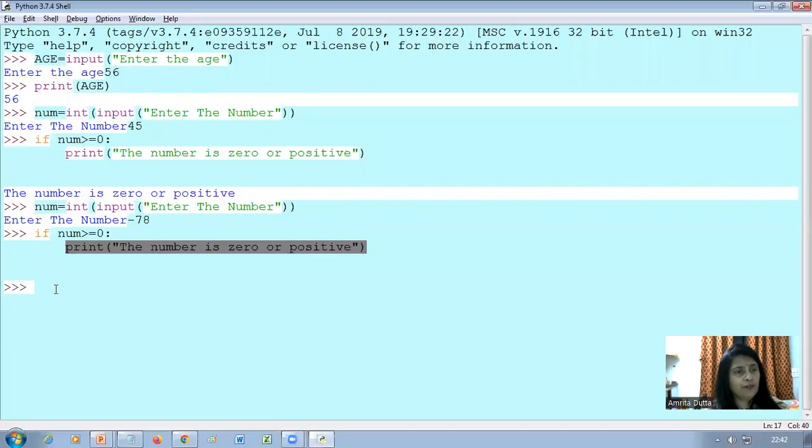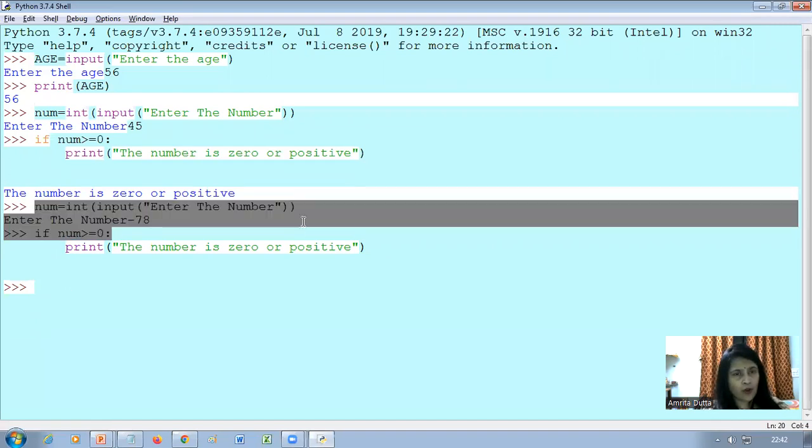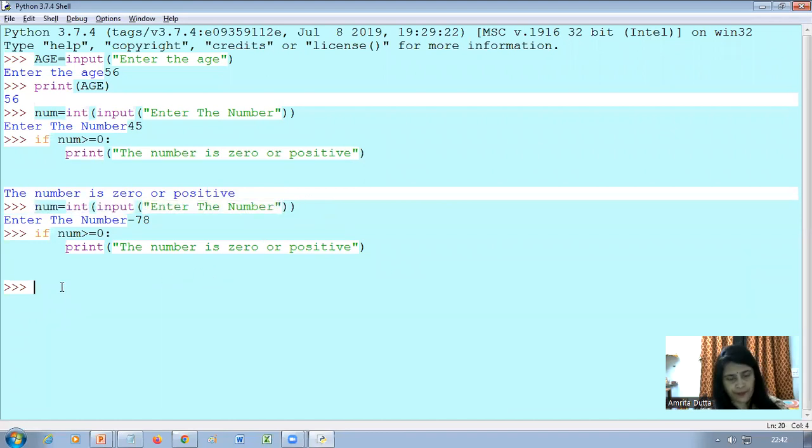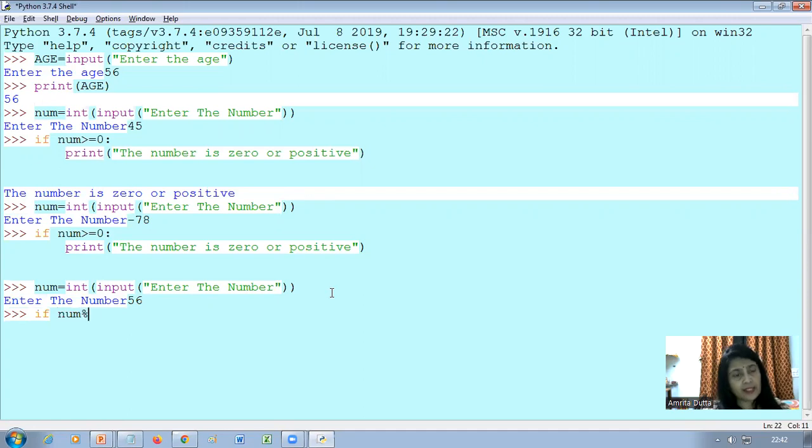Now if I would like to execute multiple statements here, say for example, I enter some number, I just again copy this. For example, the number is 56. Now I give some condition: if num is even number, so num modulo 2 equal 0. I give the condition that if num is divisible by 2, that is equal 0, then I would like to print